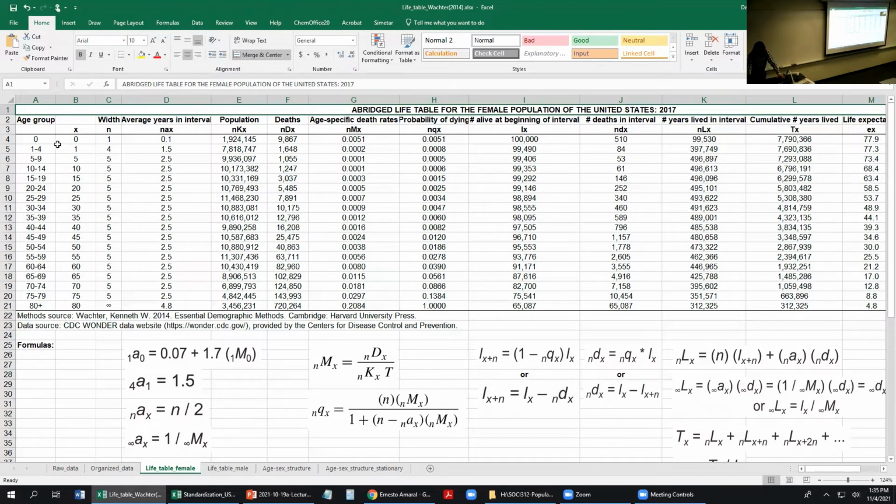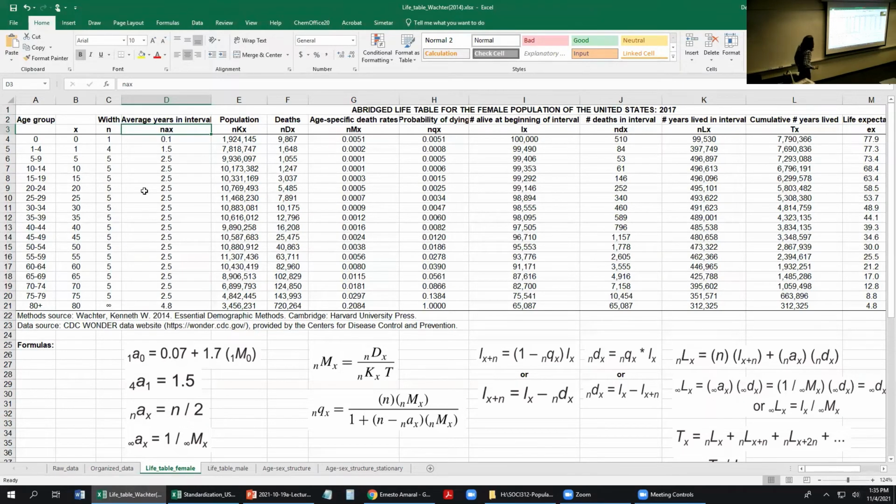The first age group goes from 0 to 1. Goes from 0, has a width of 1. This one has a width of 4. 5, width of 5. So goes to 5 to 9, and so on, until the last one that's an open-ended interval. The AXN is that column where we ask, what is the average years in the interval for people